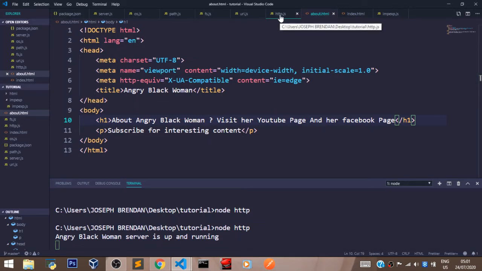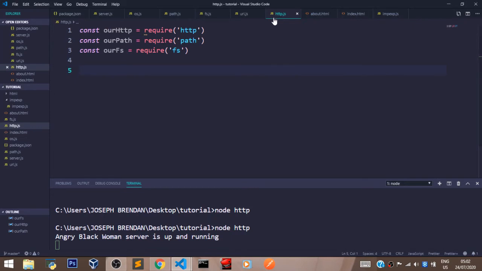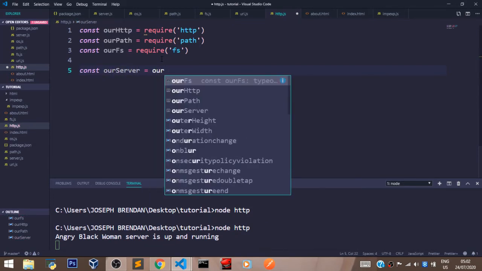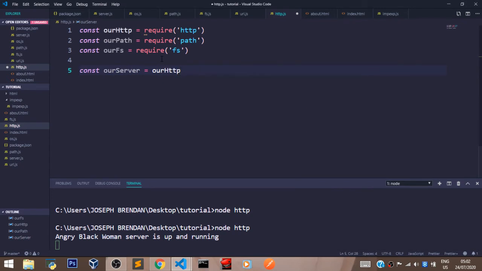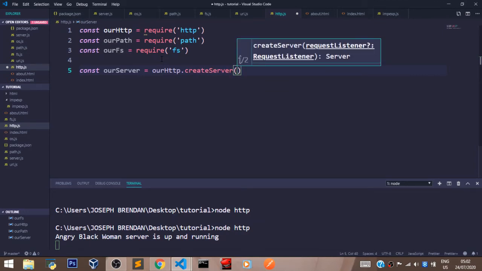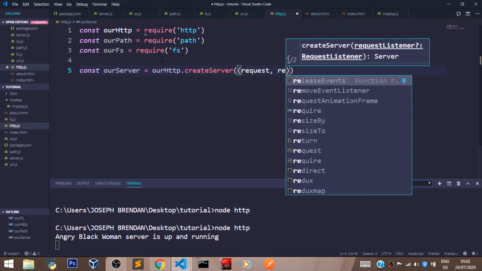So let's use the HTTP module to create a server that's going to return our index.html file and our about.html file to the browser when a user makes a request to visit those routes. So let's go back to HTTP and let's create a server. Let's say a server, and it's going to take our HTTP module, and we are going to say create server. Now this is a function that's going to take a callback function with request and response